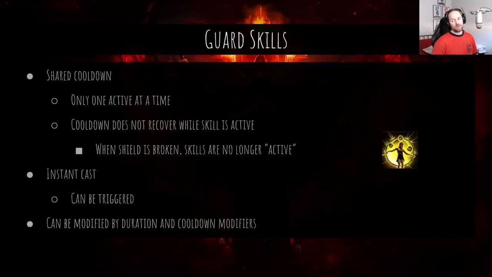Okay, next let's talk about guard skills. Too important to pass up. I dedicate a few slides to these just because of how powerful they are, but I'll try to be quick on them. So guard skills all share a cooldown. If they have the guard tag, then their cooldown is shared. You can only have one active at a time, which kind of comes with the fact that their cooldown is shared. And the cooldown does not recover while the skill is active,